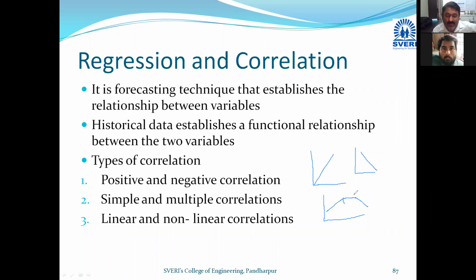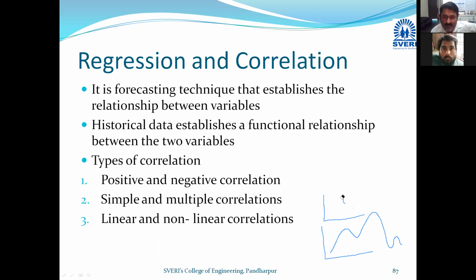For some reason it may be different. This is one of the critical examples. But for non-linear, y is equal to ax square plus bx cube, dy by dx square, something like that. This is neither a parabola nor higher-order equations, so you cannot fit a straight line equation for this particular case. So you can call this the non-linear correlation.